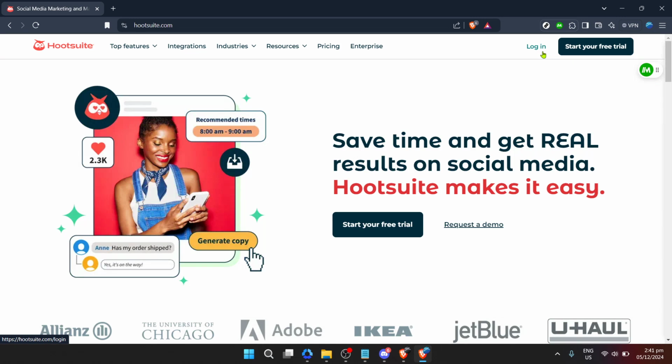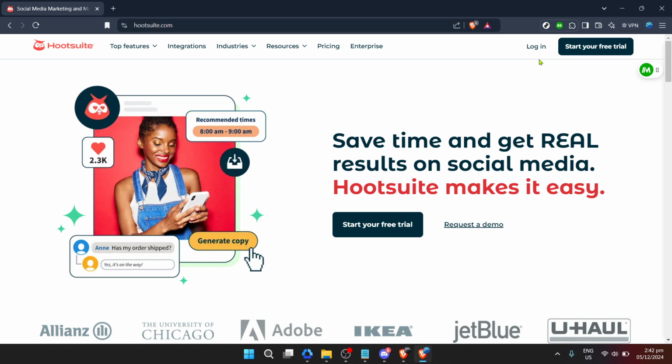If managing multiple social media accounts feels like conducting a never-ending digital orchestra, then Hootsuite could be your perfect conductor's baton. It streamlines posting, monitoring, and analyzing social media efforts all in one dashboard. So, whether you're a business owner aiming to widen your online reach or a social media enthusiast keen on keeping your accounts in check, this tutorial is tailored for you. Let's dive straight into the process.